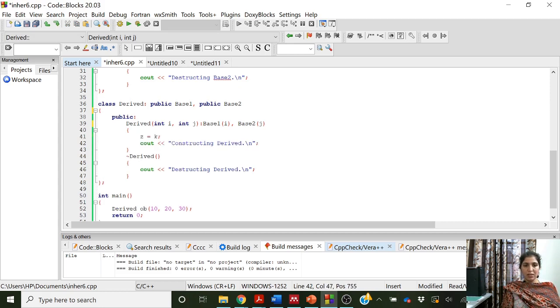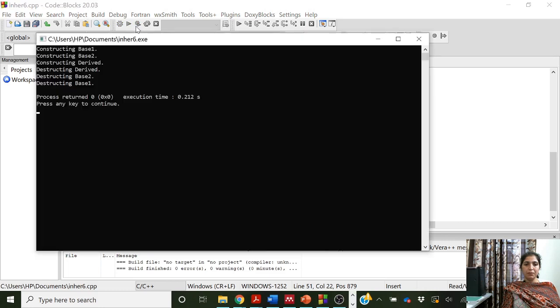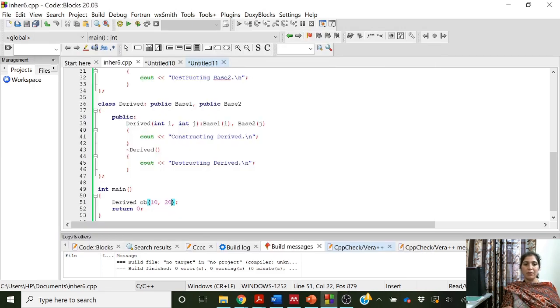Still let us print a message constructing derived, okay, so that we can know that derived class constructor is being executed. So even if your derived class does not need any constructor, you have to create one if you want to pass values to base class constructors. Okay, let us run it. So the same output, base 1, base 2, derived, they are constructed in this order and they are destroyed in the reverse order.